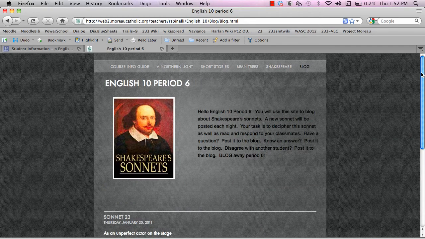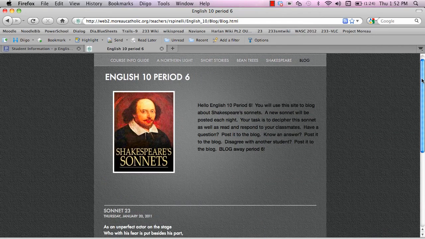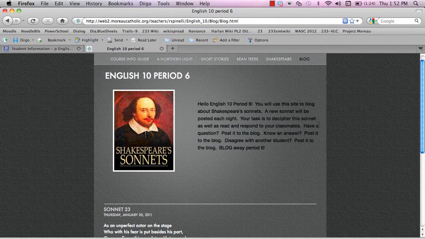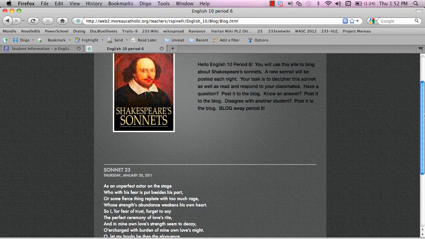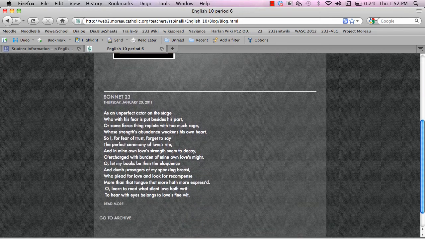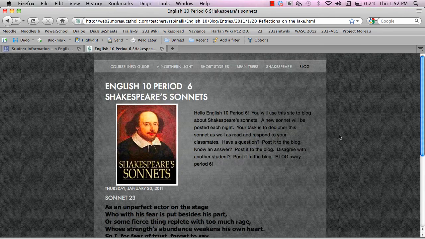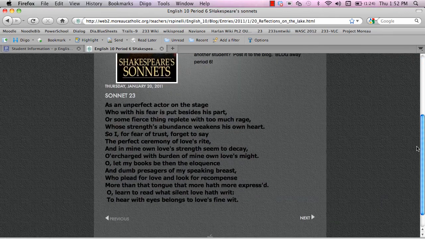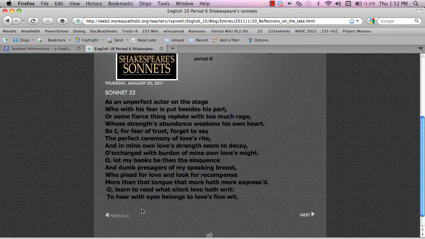And so if you take a look here, we've created the English 10 Period 6 Sonnet blog. This is their welcome page where it tells them what we're going to be doing in the unit. Scrolling down the bottom is an actual sonnet that they will have to read. If we click the Read More button, it will take them to this page where the sonnet is. There's no comment button here yet because I haven't published it, but once it is published, the comment buttons will